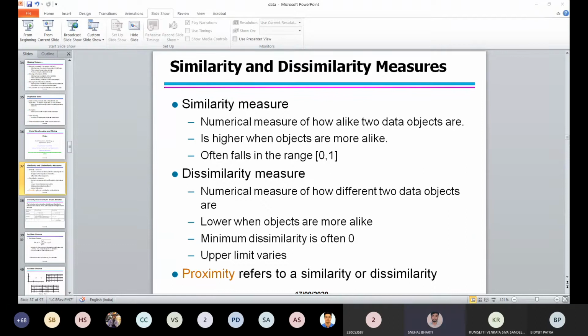Sir, I have one question. Yes. What is the upper limit we consider for dissimilarity? It depends on the data set. When we work with a data set, the data set is limited, right? So therefore there will be an upper limit. We need to compute the highest distance between one point and another point, which is considered the limit.